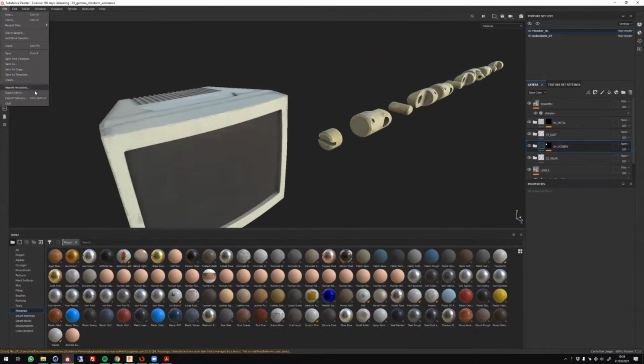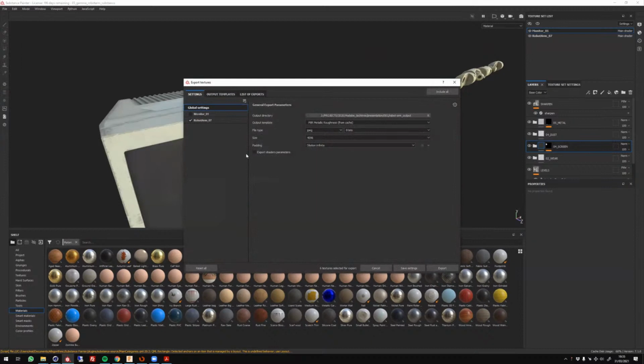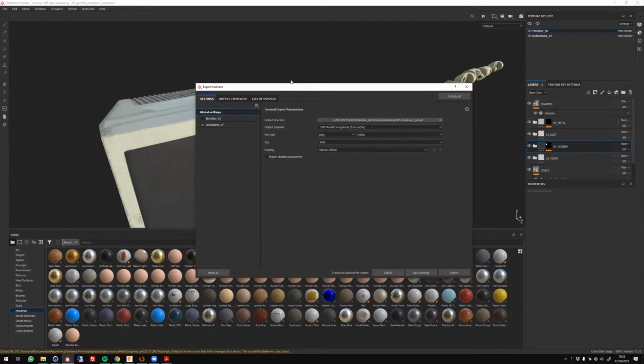I go to export texture and then set it to PBR metallic roughness. And usually I go with, depending on what I need, EXR, PNG, or JPEG. If I export a height map, I use EXR, for example, and set it to 32-bit or whatever, or 16-bit. And that works better if you want to use displacement later on, because then you don't have the staring